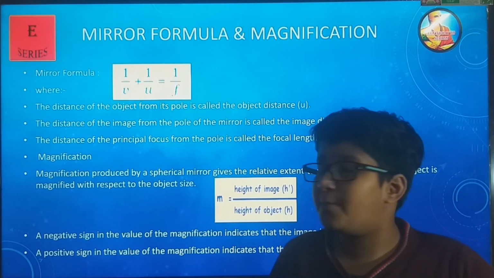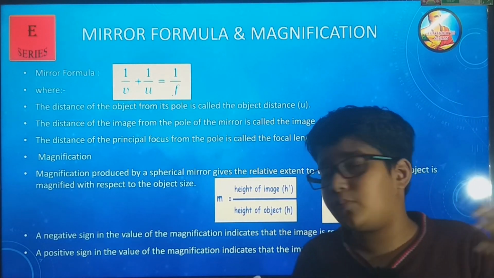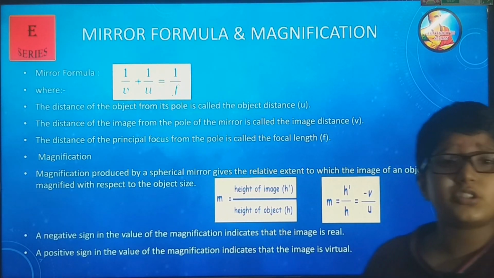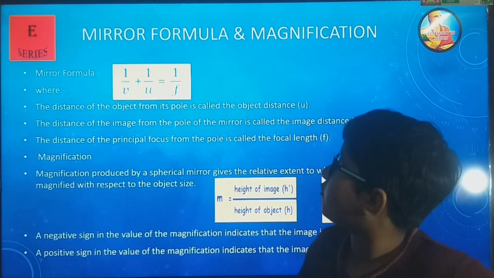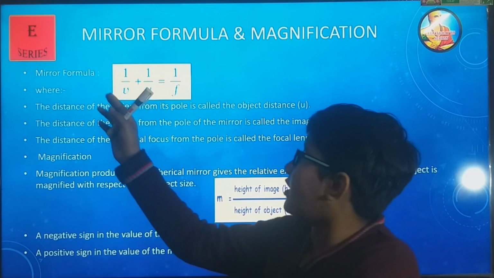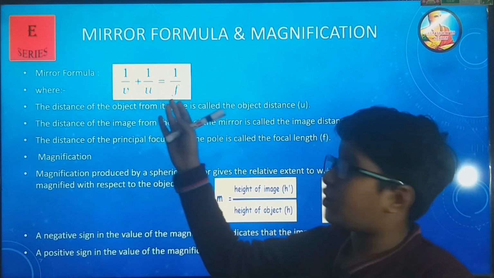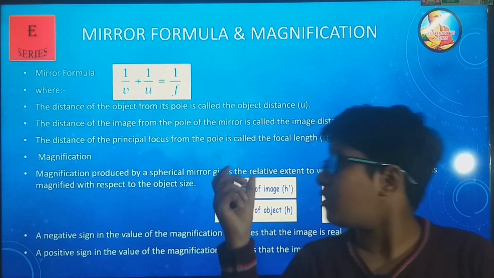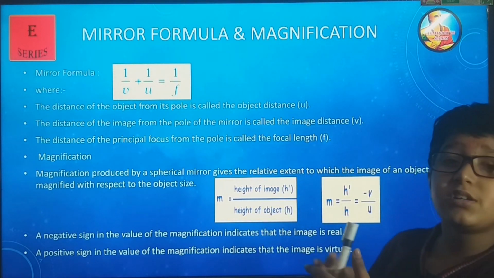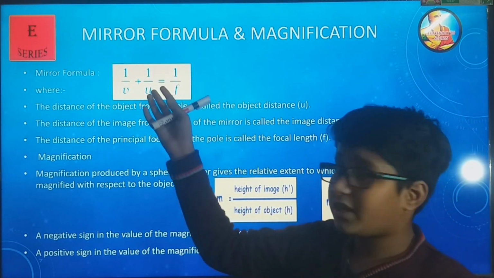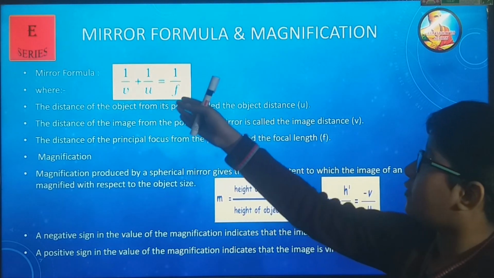So here is the mirror formula and magnification. Now the mirror formula needs the board, so I'll explain it on the PPT only. You don't just have to see the mirror formula here. In our NCERT books there are many numericals related to this formula. So the mirror formula is basically 1 by v plus 1 by u. As we learned about the focal length, image distance and object distance, here is the relation between these three. So we see that 1 by image distance plus 1 by object distance is equal to